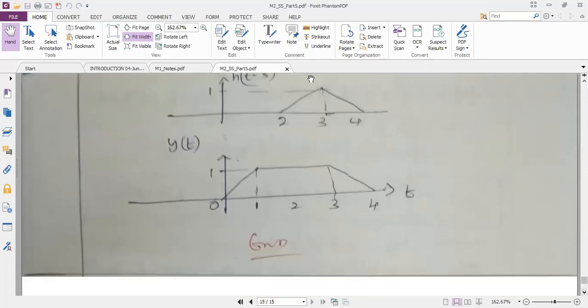Yes, ma'am. So now I want to solve the typical problem which we may get in the exam. So let me just take the new screen. So I just want you to write the question. Obtain the convolution of 2. I'm just dictating the question. You write it. Everyone write it.